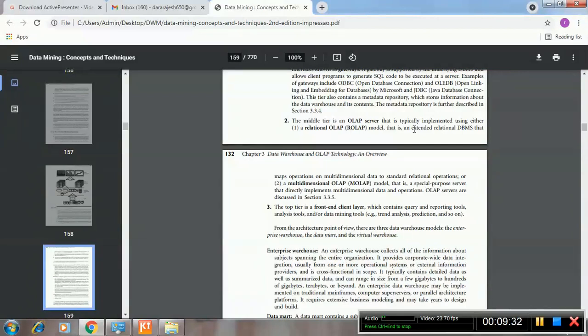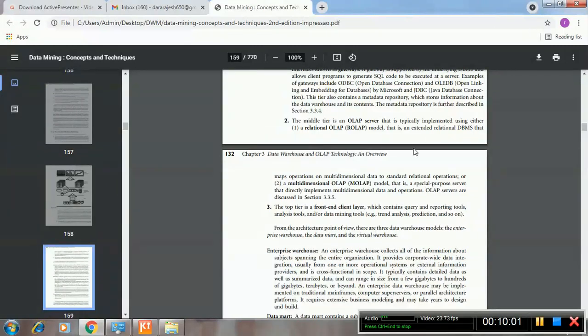Relational database means the data which is stored in the form of tables, so ROLAP is an extension version of RDBMS.